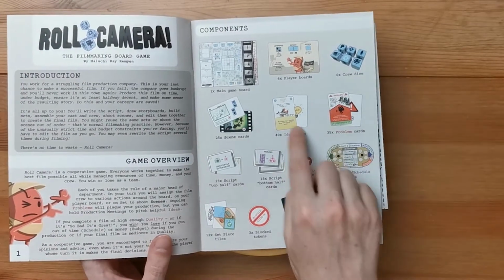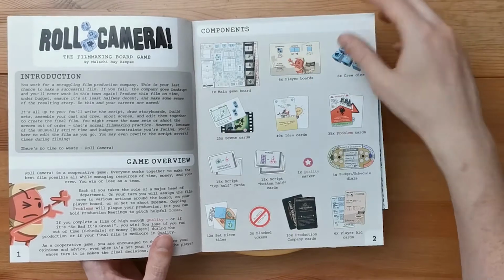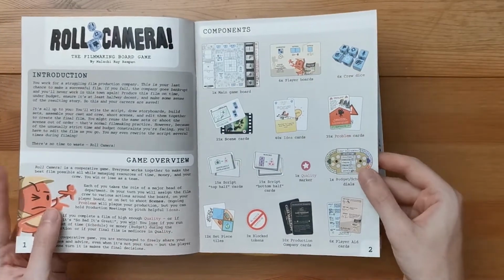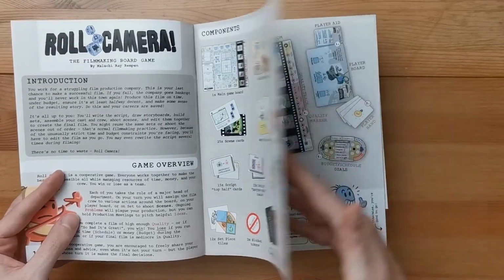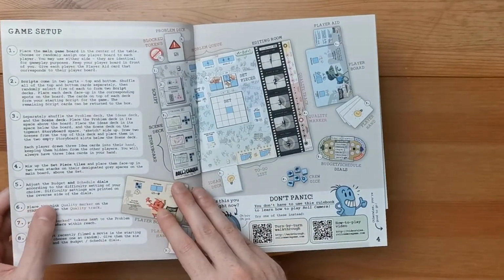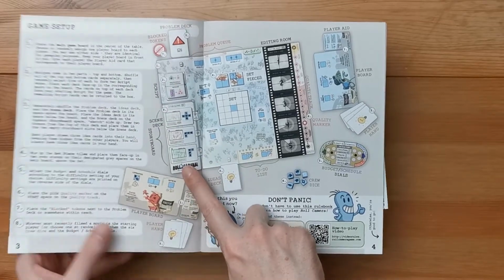But of course all the cards do lots of different things. The different spots on the boards trigger different events and things. So there's a lot of nuance and a lot of complexity to this game, even though the mechanics themselves are actually relatively straightforward. So coming in here, this is the game setup, so you can see a slightly better view